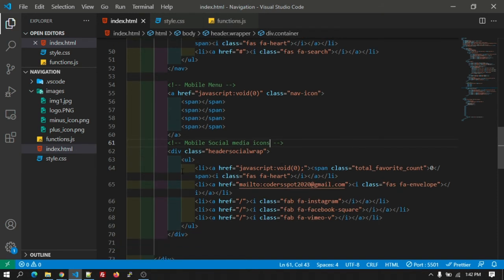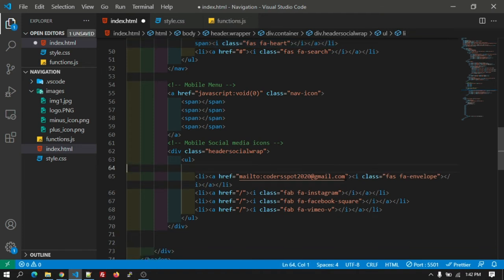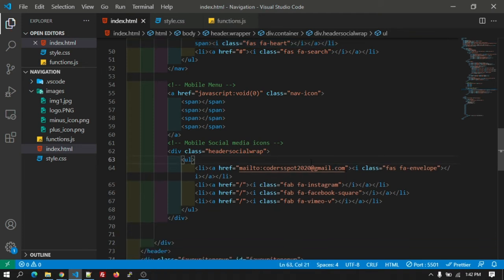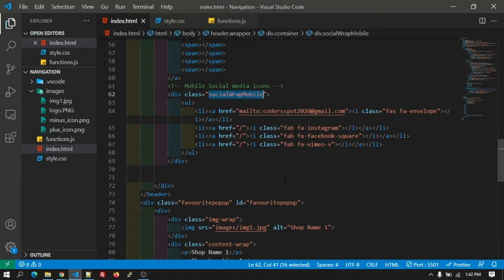Okay, from that remove the first element, first li tag. Let's change the class of that, it will be social wrap mobile. Okay, for the mobile device the rest of the things will be exactly the same.